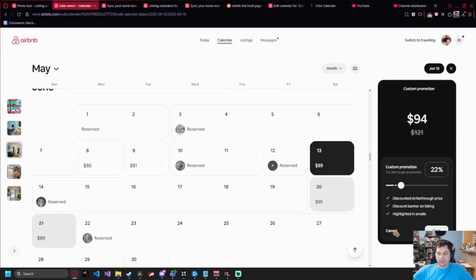So for this day, we have $89 for this night. And honestly, if I put a 20% discount on it, I end up with $97 for that night, which is more than it was originally going to be for, but it ends up getting blasted out and advertised. And I've had really good luck with getting nights booked that were going to be vacant using the custom promotion